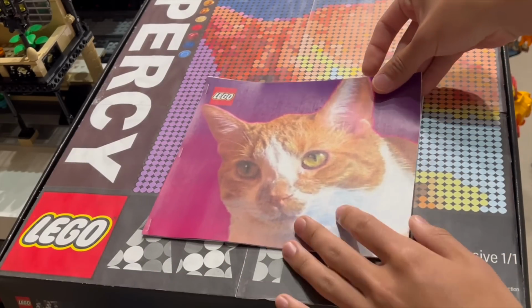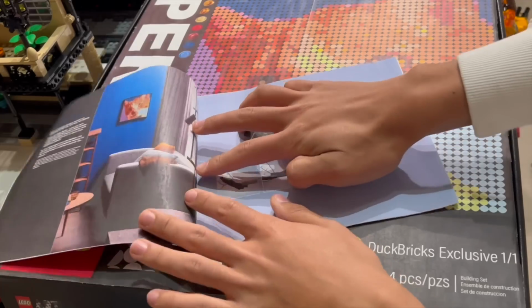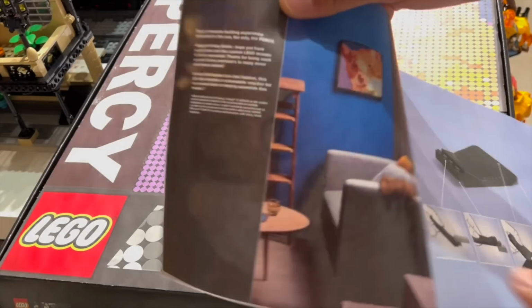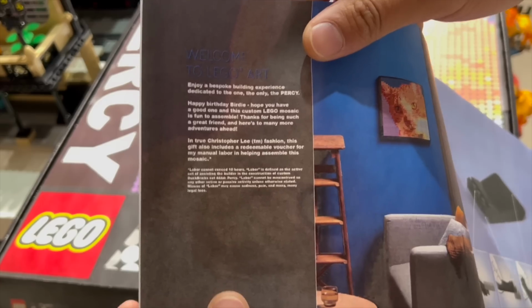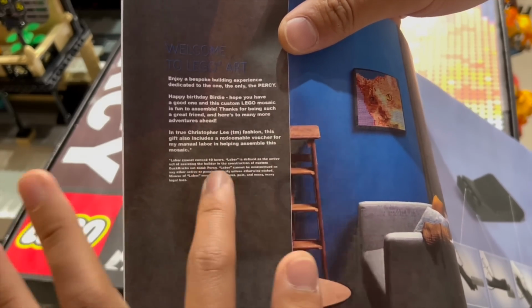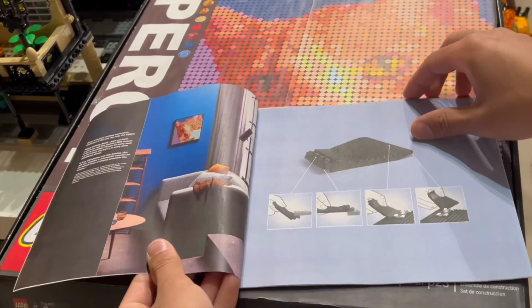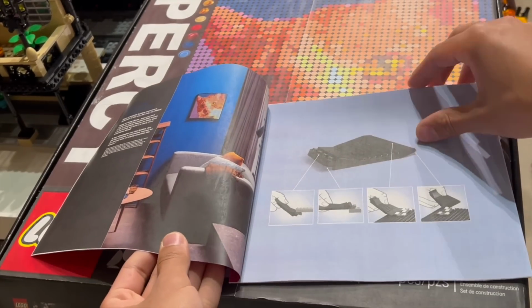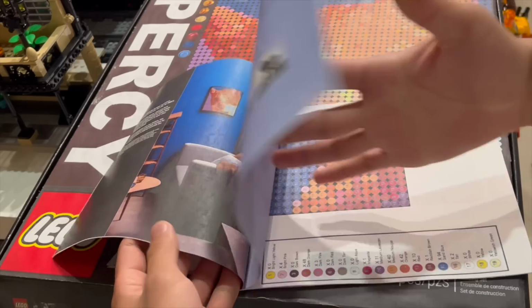of the other manuals come in, and as you can see, you can open this up. You've got the artwork on the front. Of course, there is a little bit of a blurb here. I've typed up a custom welcome to LEGO art blurb. Of course, this is saying to enjoy the birthday gift and having some, of course, just some legal terms. No need to read about those, but, you know, those are just there just in case. Now you have some artwork of Percy on the wall there, another good lifestyle shot, a shot explaining what the big brick separator does, which of course I have to include in the set because it is a LEGO art-esque